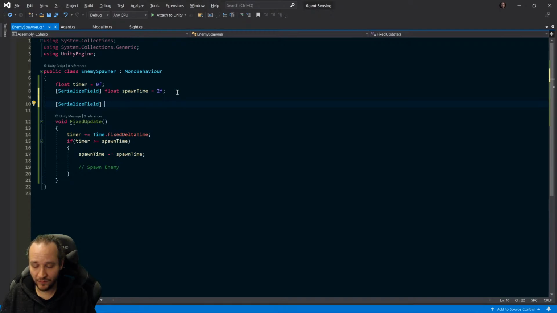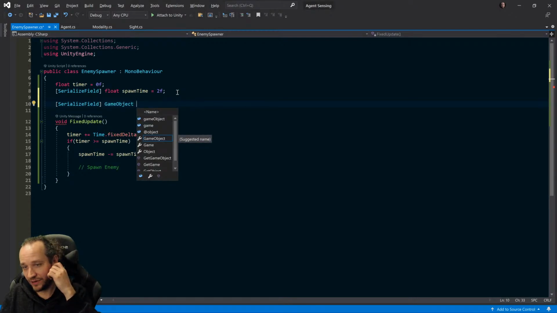So what am I going to spawn? I'm going to spawn a GameObject. That's the basic thing that is on every object, a GameObject, and then it has components, those MonoBehaviours that you see. So GameObject will simply be a reference to some prefab that I'm making. So I'm going to call this enemyPrefab,